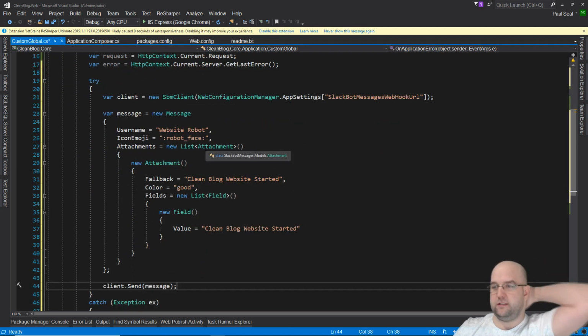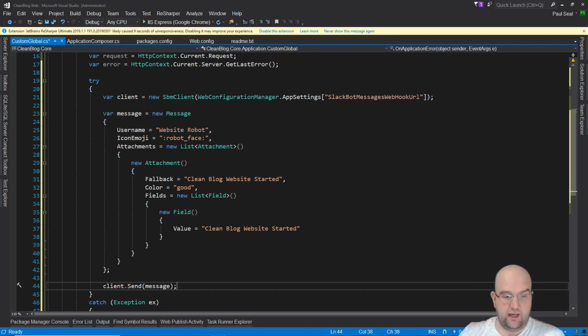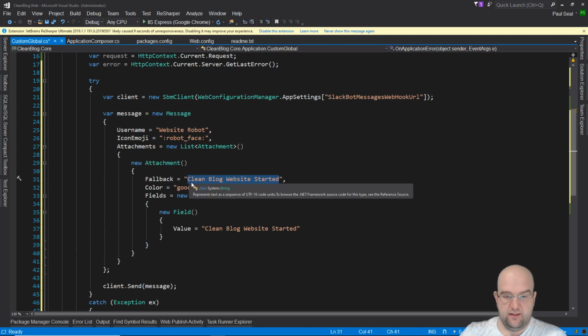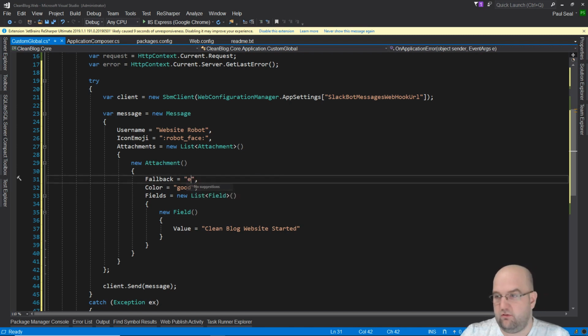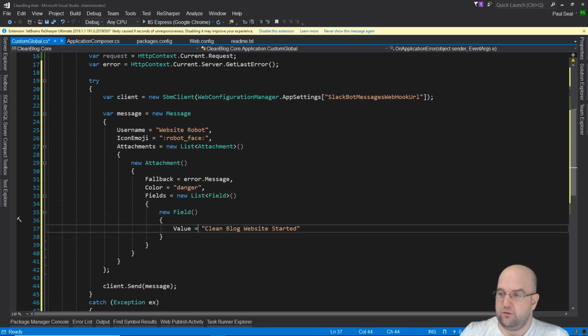So we have our website robot, and we've got our icon emoji, and we're going to add a list of attachments. So the attachments that we want are, so we've got the fallback, and so what we want to say is, well, really it's the error message can show in the fallback. So we're going to put in the error message. We're going to put in the color as danger, so that will show as red. And the fields,